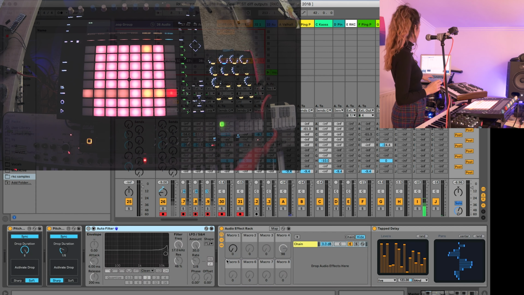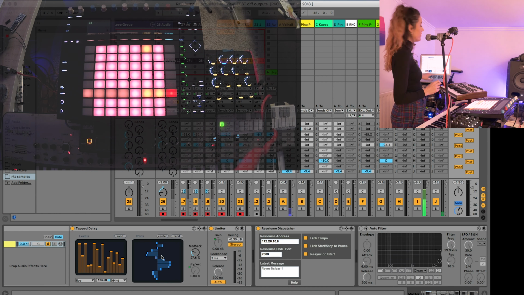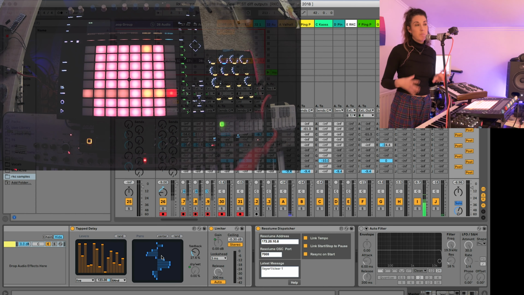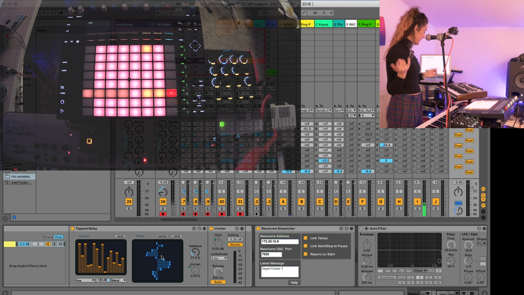And then the other thing on the master is just my Resolume dispatcher, which is purely for visuals. We send OSC code from Ableton to another PC laptop which is using Resolume. So when I trigger certain clips in Push, it will trigger certain visuals. So that's really cool as well. And actually relatively easy to set up, although it's a bit annoying, you do need another computer. You probably could do it through the same computer, but if you've got CPU issues like me, you probably won't want to do that.